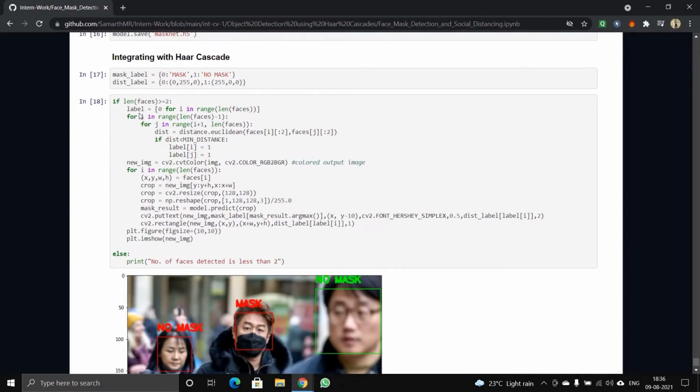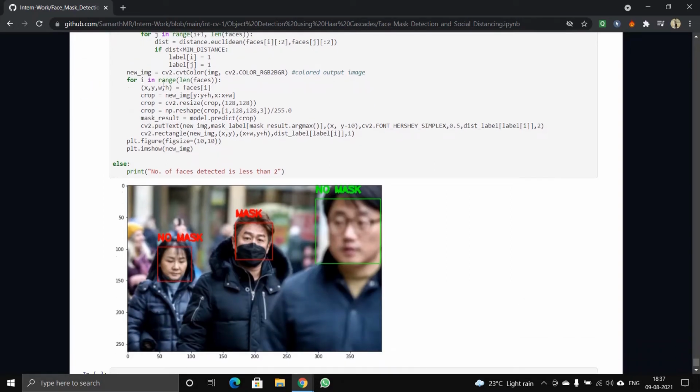So integrating now the entire tested model with the cascade. First we'll assign the mask label two values, that is 0 and 1, where 0 represents that mask is present and 1 represents that there is no mask on the face. Similarly, the distance label, where 0 represents he is maintaining a good distance and maintaining the social distancing, and 1 represents that he or she is violating the social distancing norms.